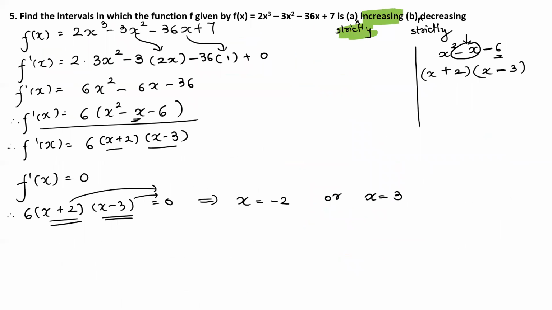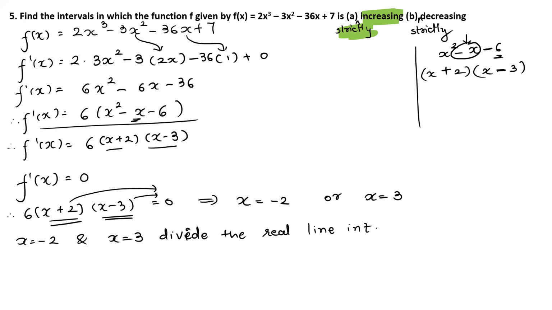So here I can say that x is equal to -2 and x is equal to 3. These two are going to divide the real number line